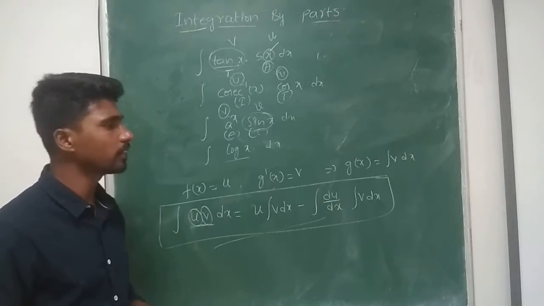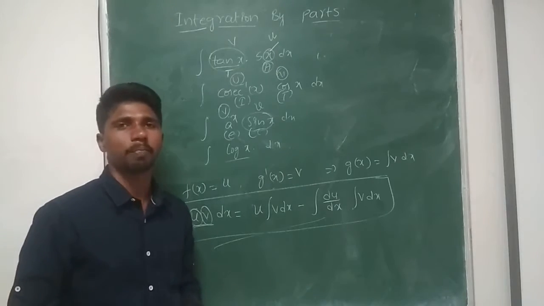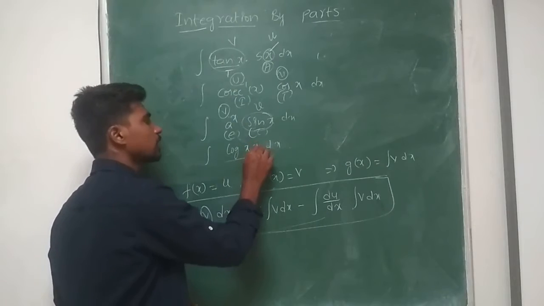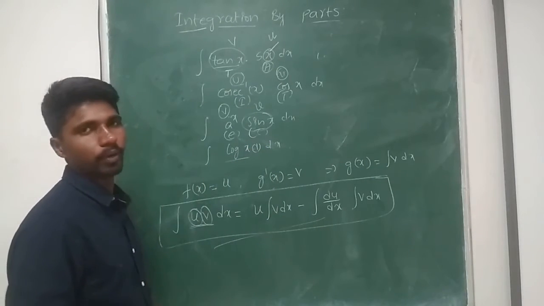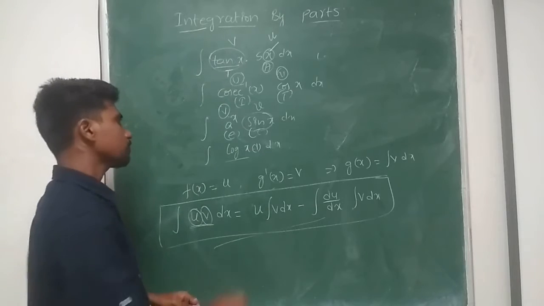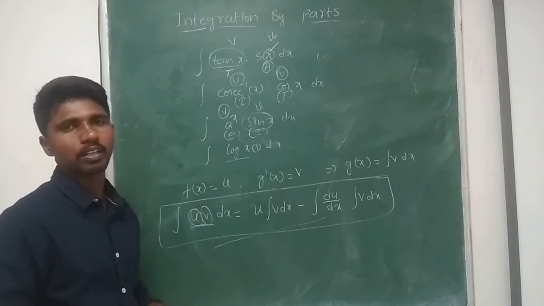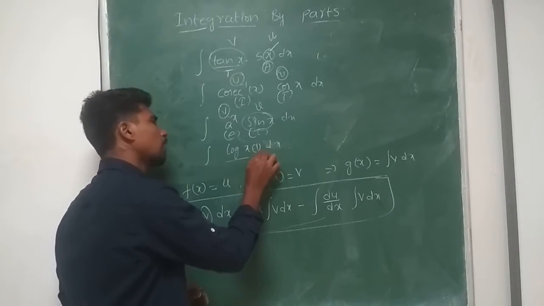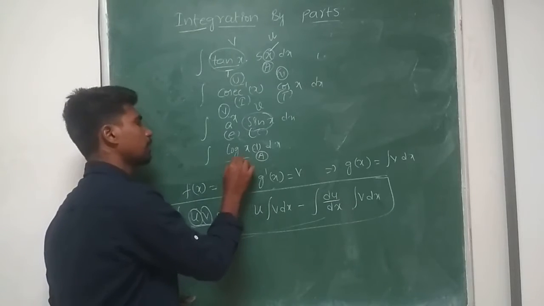So in that particular case, if I want to use by parts, I require a product of two functions. I have here only one function. The next function can be considered as the constant one. I cannot take two because if I multiply by 2, I have to divide by 2, right? So now it has two functions. One is a constant function, another one is a logarithmic function. A constant function is nothing but a polynomial function. A polynomial function comes under algebraic function. And log x is a logarithmic function.